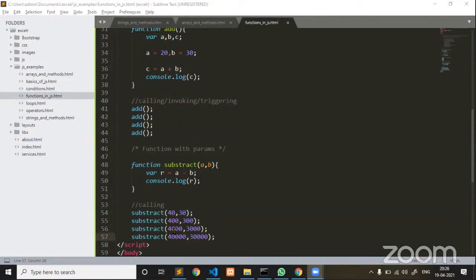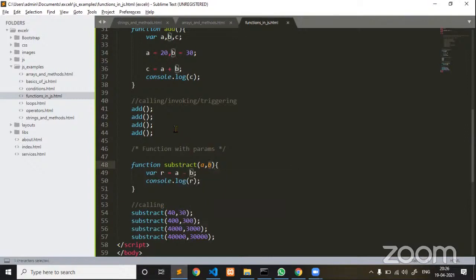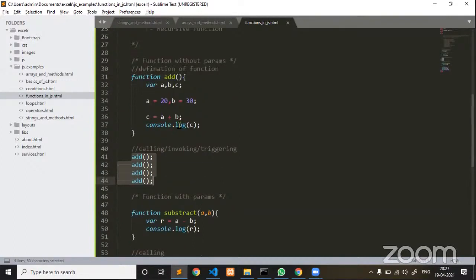Okay, so now you try to see. I have given an example, a function with parameters. Now the disadvantage of going for a function without parameters is, even if you are calling the function multiple times, the function is going to give the same output. So why are we going to call a function multiple times if you are expecting the same output? That is where a function with parameters will be helpful for us in many cases while working on real-time applications.